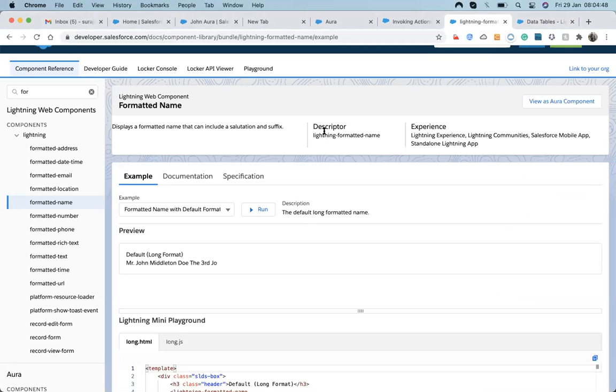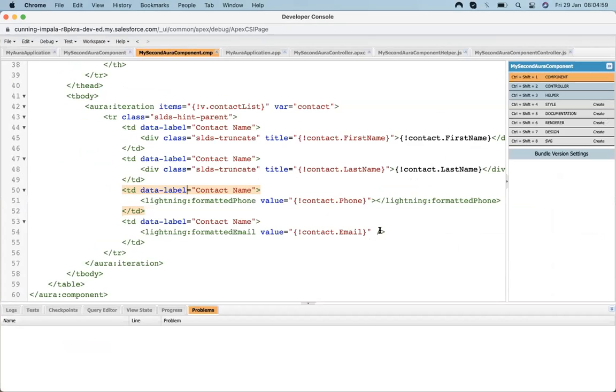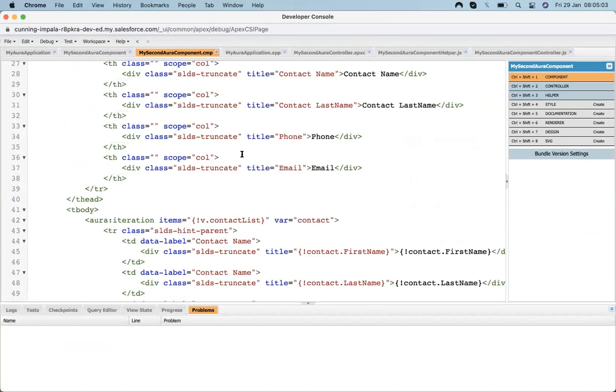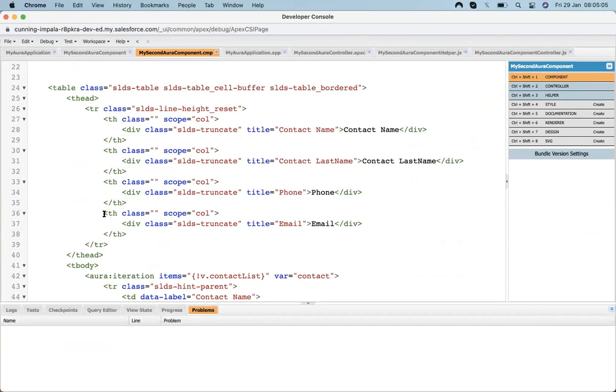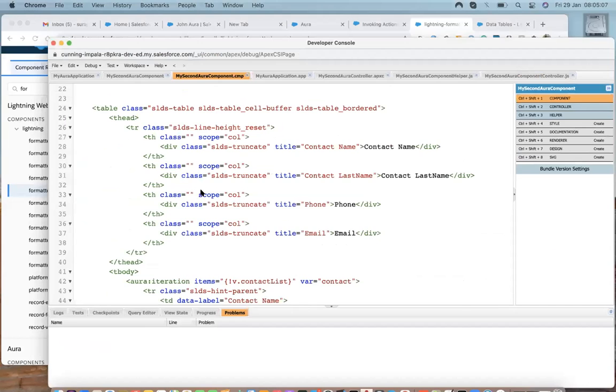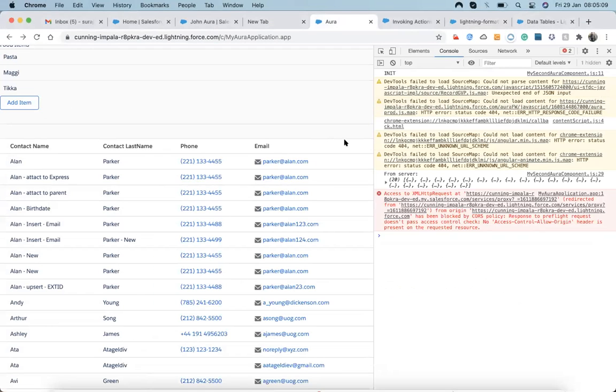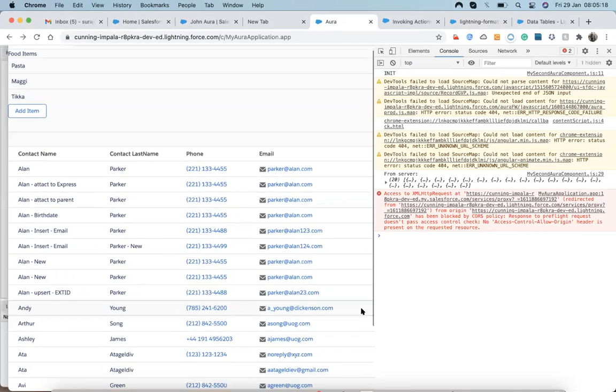Okay, let's move to working with some actions. For working with the actions, I want to add, at the end of this row, an edit button and a delete button, so that the user can edit and delete from here.